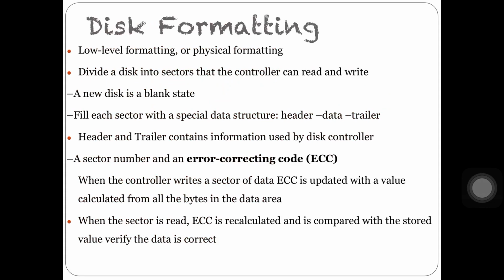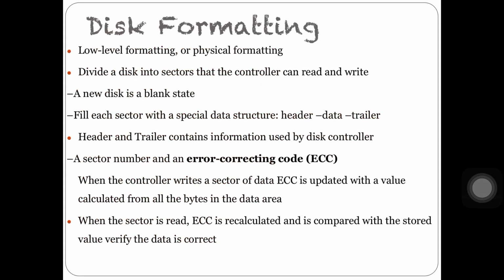So whenever we make any changes into the disk, ECC is calculated for the new data in the data area, and it is performed with the read operation too. Whenever the sector is read, the ECC is recalculated and compared with the stored value. So here we are trying to check whether any changes are made to the data.